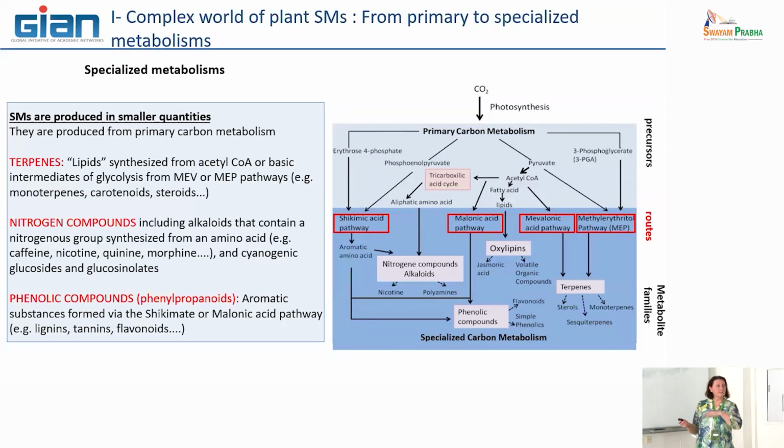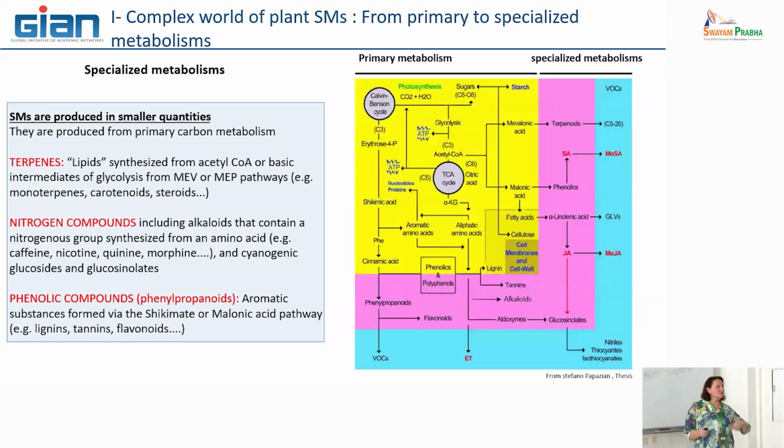So here is exactly the same representation. Here you see the core, the heart of metabolism, with the Calvin-Benson cycle, the first step of photosynthesis, and also this one. What is represented here is that primary metabolism leads to two types of secondary metabolites, what we call the soluble metabolites and what we call the volatile metabolites. Every time, these volatile compounds come from soluble ones that have been a little bit modified.